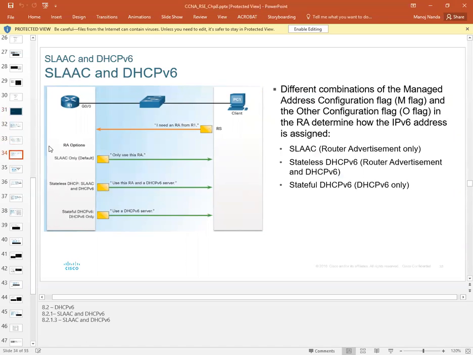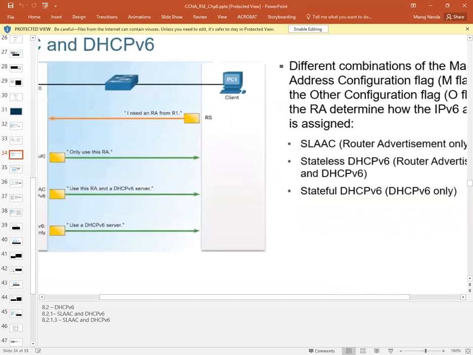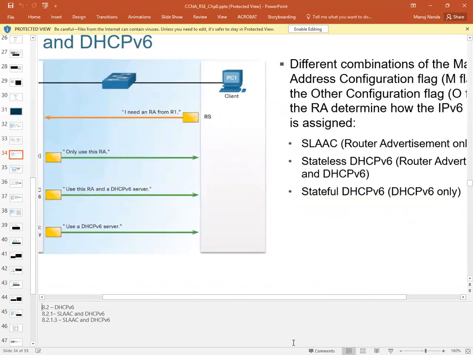So there are some flags that are carried with this particular approach. There's the M flag and the O flag, and in the router advertisement they determine how the IP version 6 address is assigned. That's what really chooses it. So if you can see here, it's what makes it clearer that when this request is sent, this RS is sent, depending on the configuration and the flag being used,